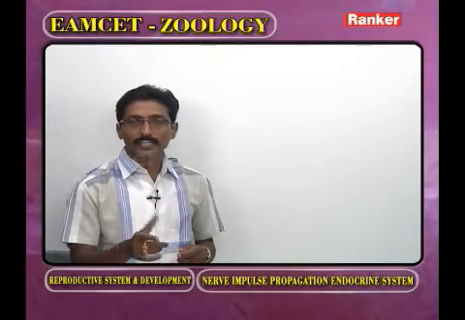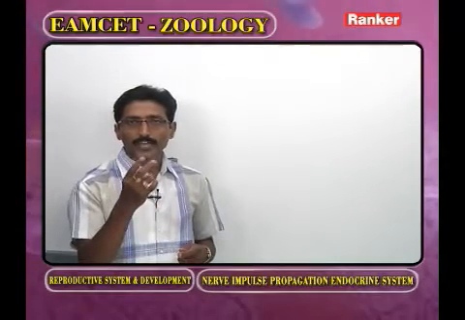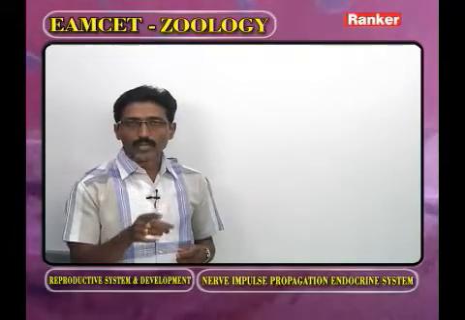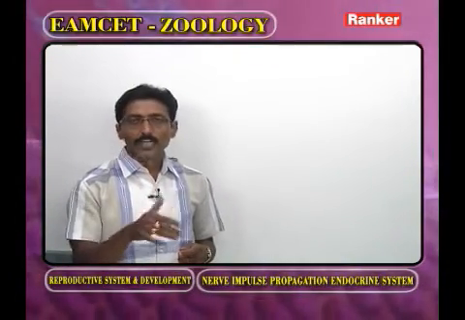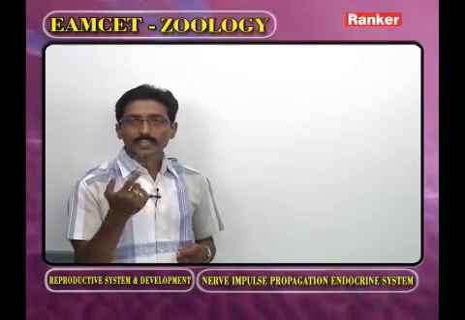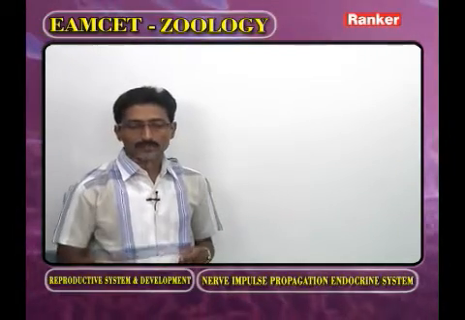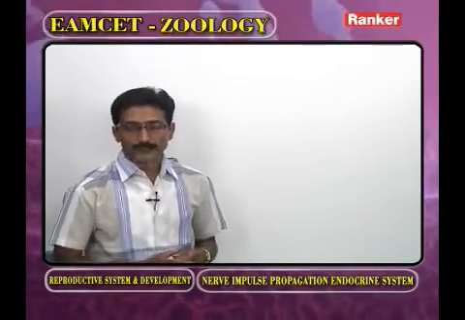Diencephalon, what is the cavity? Diocele, numbered as the third ventricle. Medulla oblongata has the cavity metacele or myliocele, both are correct. It is numbered as the fourth. Now next question,